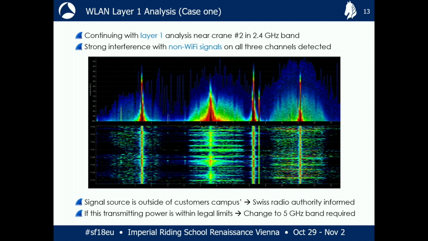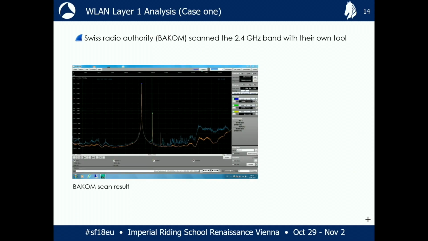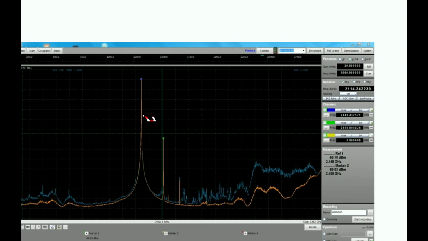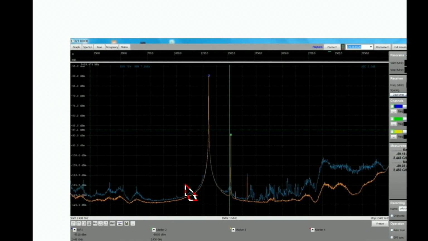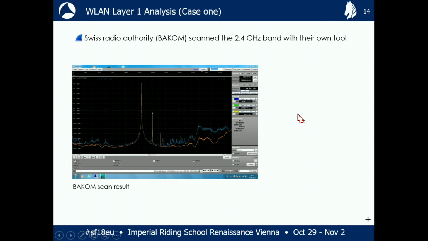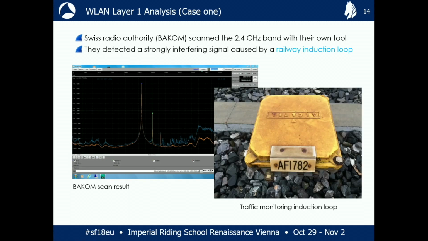And actually, they came with their special equipment, probably 10 times more expensive than the one I had, but they found the same shape, of course much more precise than probably Wi-Fi, but that was no problem, and they even could isolate the source of it. It was near the public rail. Beside the rail they have a so-called traffic monitor induction loop, and of course this was defective. It is not normal behavior. It had some defect. It was sending out these